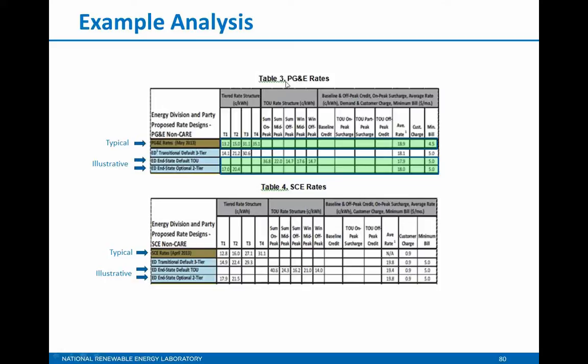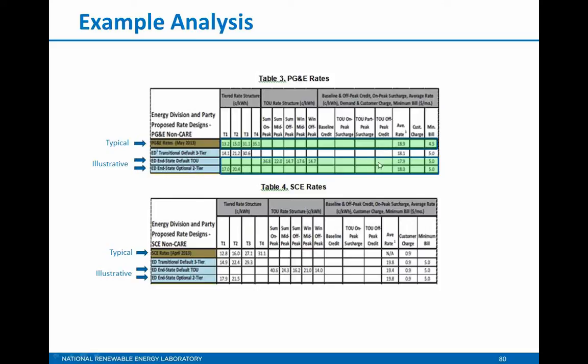We have here for PG&E and Southern California Edison some typical rates during 2013, and then some illustrative other types of rates. So a time of use rate, and rather than a 4-tier rate,